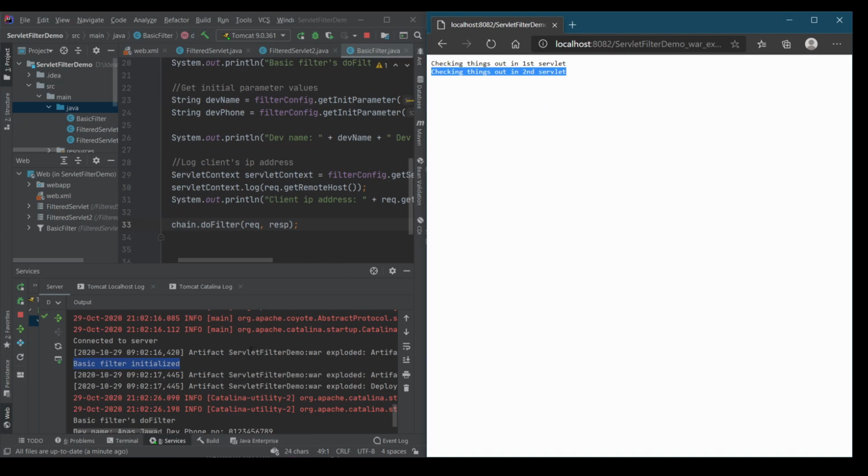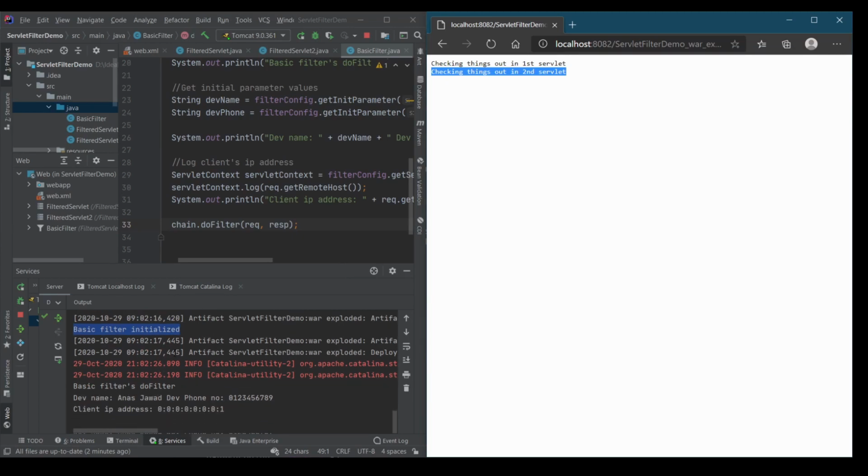But the important thing, or the interesting thing to note here, is inside this console here. If you remember, we had printed a couple of pieces of information inside our filter to be printed on our system console, right? So this "basic filters do filter" message is being printed because the doFilter method of our filter has been called, right? Next, we can see the dev name as Anas Jawad and the dev phone number as